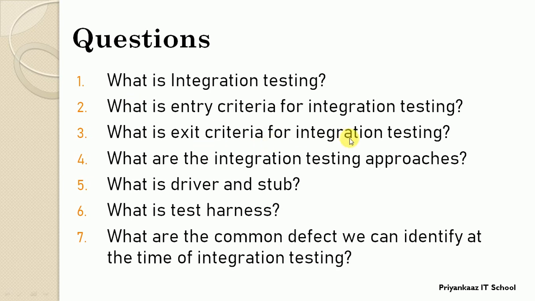What is the exit criteria for integration testing? When can we exit from integration testing? Once the complete software application integration is complete with all its modules, then and only then can we exit from integration testing. Because to perform system integration testing, the very first third level should be completed, that is system testing. We'll see system testing and its details in the next tutorial. Right now, what are the integration testing approaches? We have different approaches: bottom up approach, top down approach, critical path first, hybrid or sandwich approach, and the last one is the big bang approach.